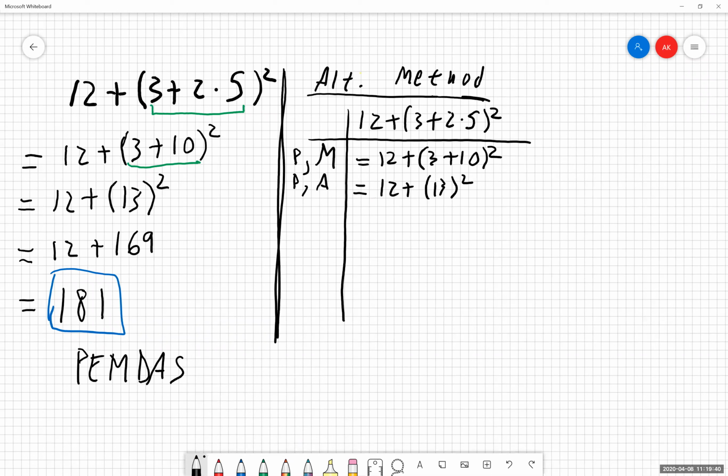So now I'm looking, I still have parentheses, but I cannot do anything else inside those. So okay, I can move on from parentheses. I can move on to exponents. Do I have an exponent? Yes. So I'm going to list that. All I'm working with is the exponent, and then just apply that.